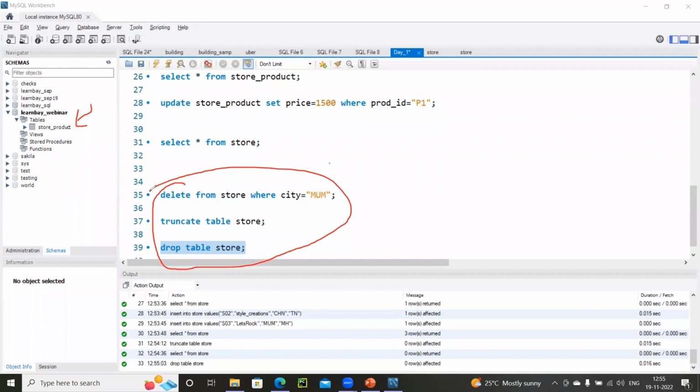Sometimes there can be a question in an interview which can say, can I make a delete command work similar to the way of a truncate command? Yes, when you simply write delete from store, it is very similar to truncate table store. Am I right? When I just write delete from store, isn't it similar to truncate table store?